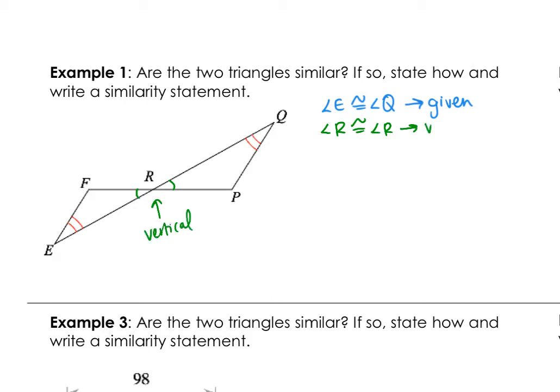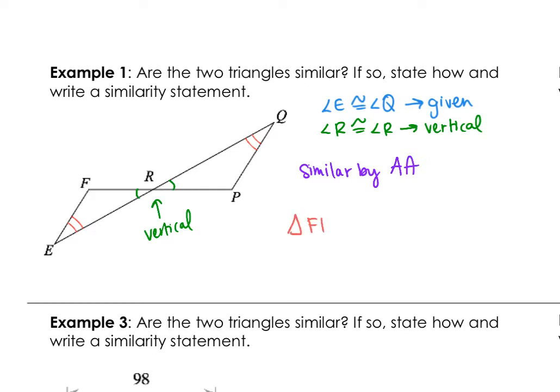So our reason is going to be that they're vertical, or they're vertical angles. So once you show that two pairs of angles are congruent, we've proved that the two triangles are similar by angle angle. So you would just write similar by angle angle. And then writing our similarity statement,